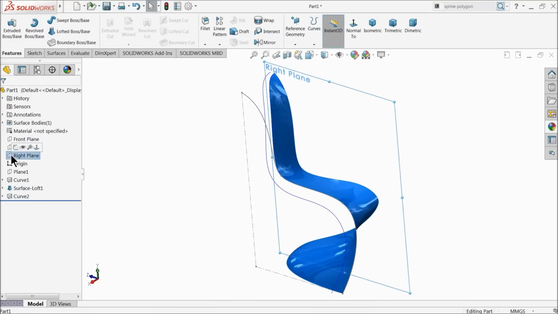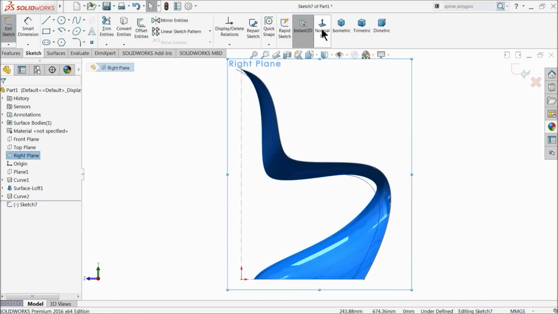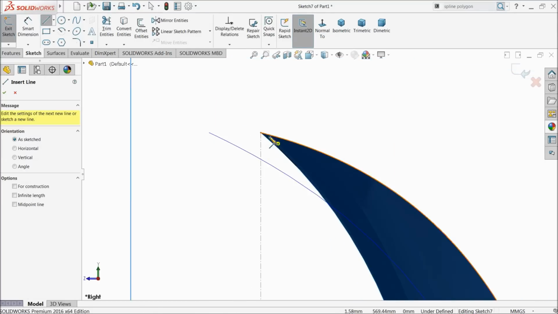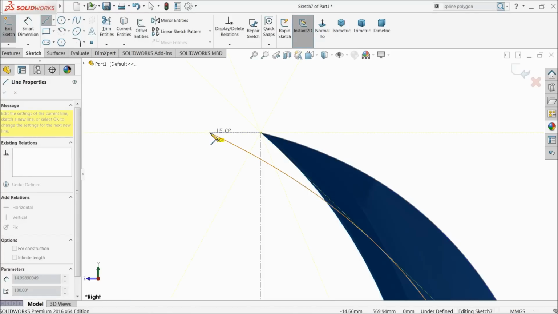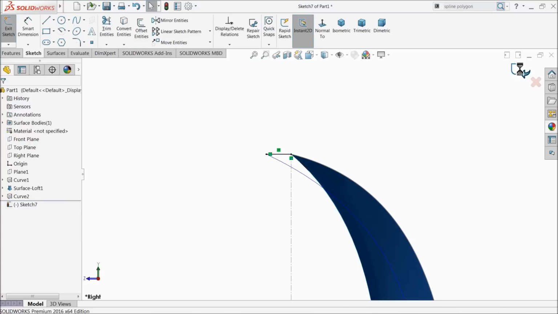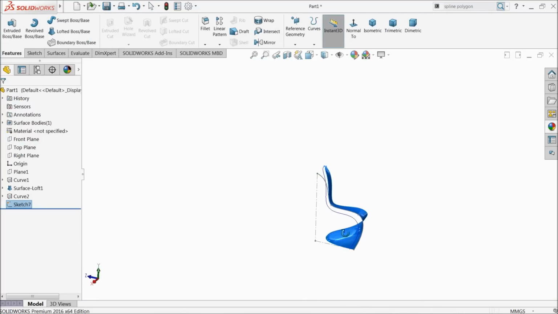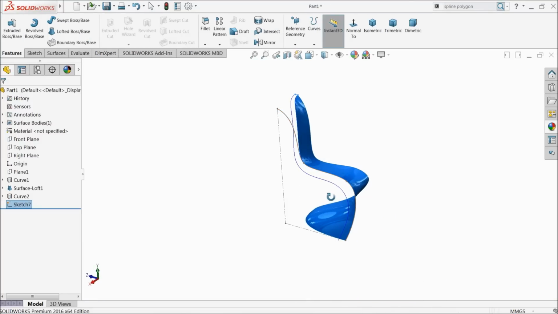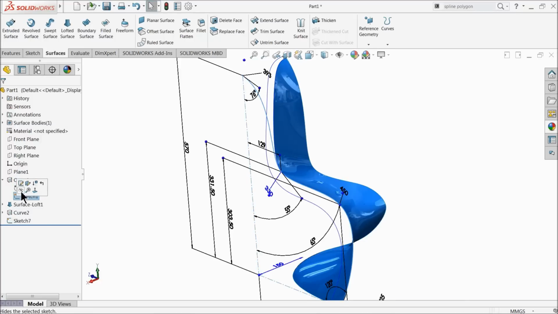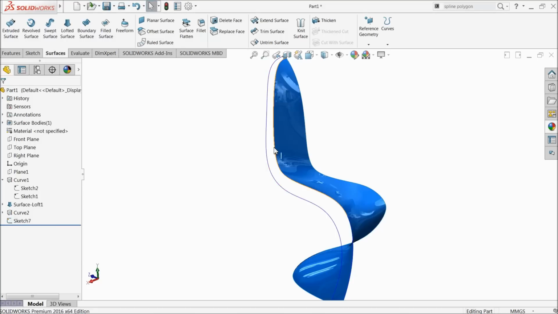select right plane, sketch. Okay, now we want to connect this one, choose line and connect these 2 points, exit. Now exit. Now it's time to create one spline, one plane. Now here what we will do, just hide all these geometries, hide this curve, hide this inside geometry. Okay,